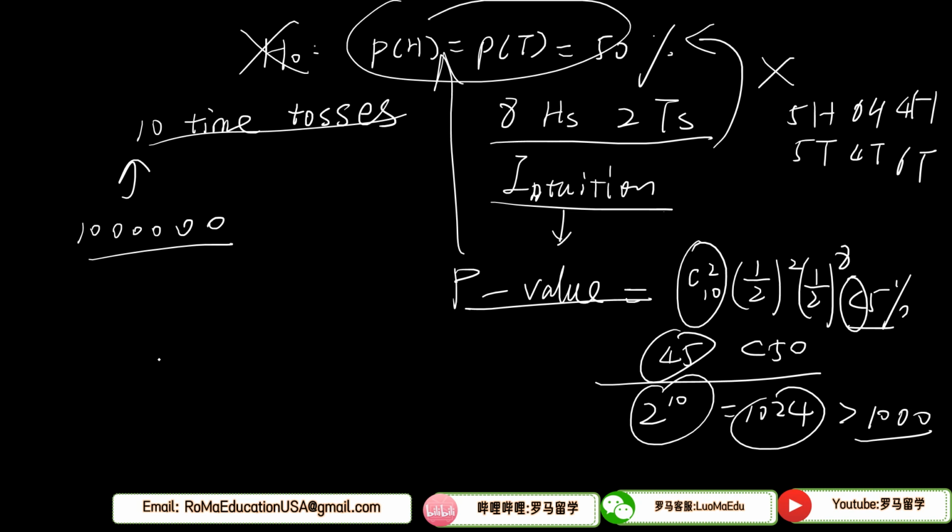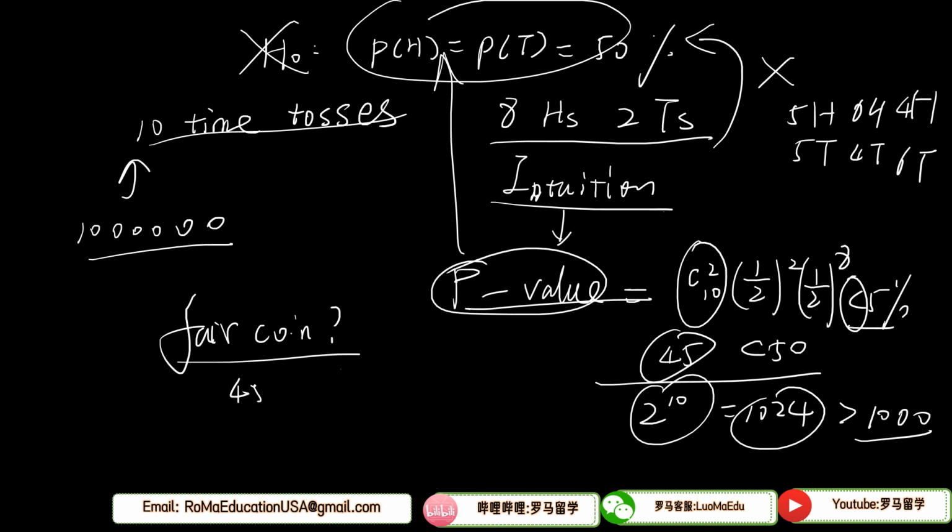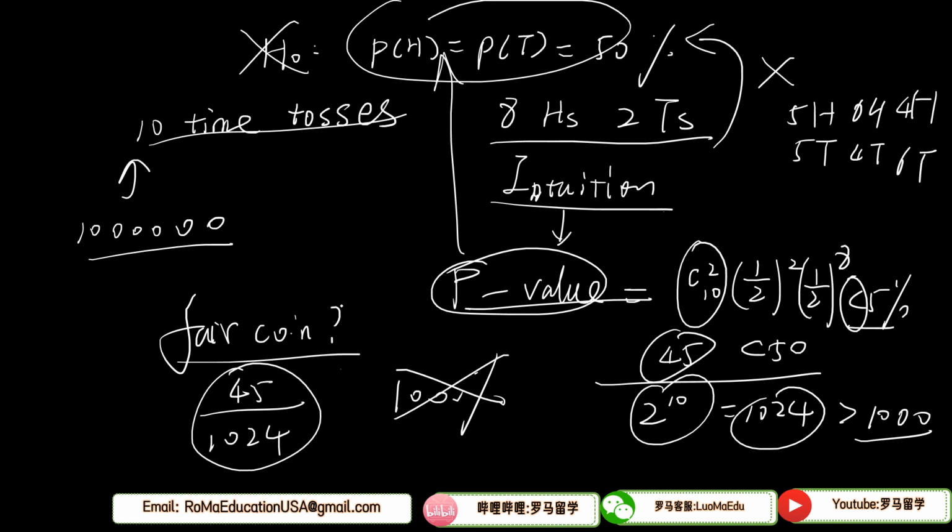In an intuitive way, less than 5% means such experiment result is very rare, looks rare, like CryptoPunks. So the assumption that this is a fair coin might be wrong. And note that here I am saying it might be wrong, not it is wrong, because we do have the case that this coin can be a fair coin, but it is just a very rare case, as this is no 100% for sure happened in the real world.